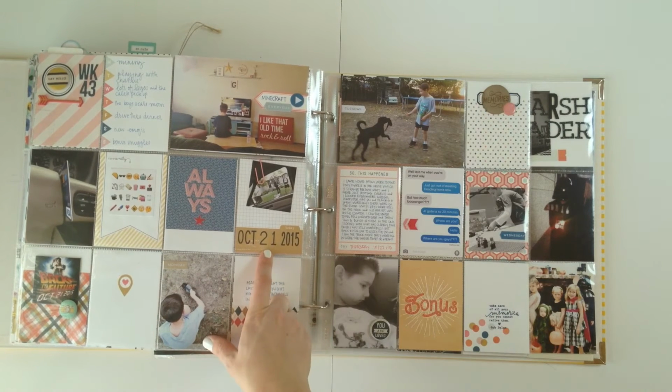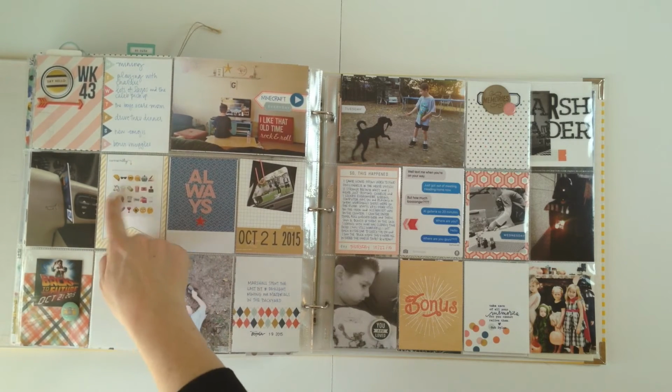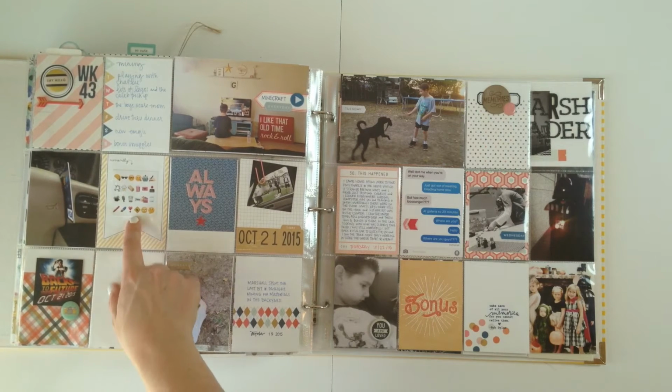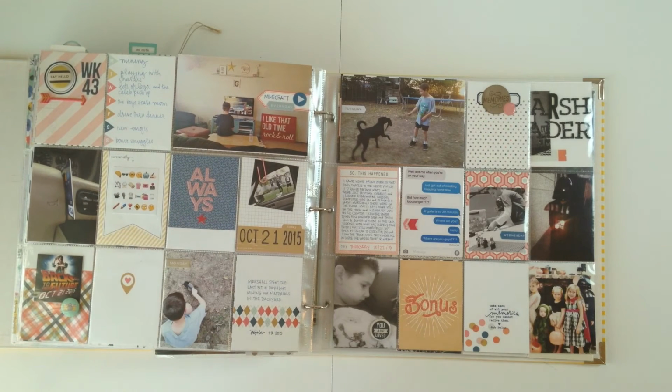So I also got to use my big Megadate stamp. And then one of the other things I did was when we had that new update and got a bunch of new emojis on the iPhone, I went into my notes section and put all of my favorites from the new additions, and then I copied and pasted that into an email and emailed it to myself. Boy, this sounds really complicated, but it really wasn't. And then I just took a screenshot of the email so that I could get it in this format, and then I just printed it as a 2x2. So lots of little different random things for this